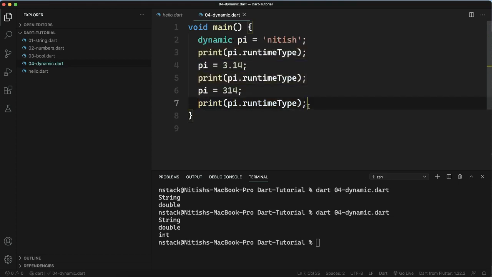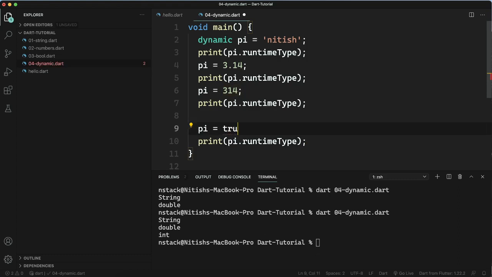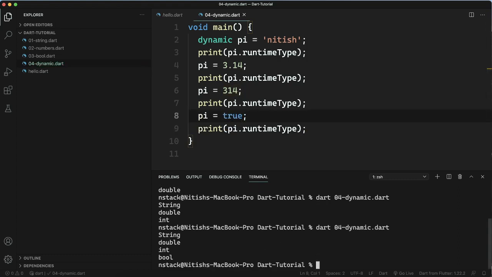And let's try the last thing, which is for the bool. So if I store true in it, let's see what will be the data type. Now it is bool. So I hope you got the idea of how dynamic works. And there is a reason I am teaching dynamic at this point, because in the next lesson the dynamic is going to be useful for you. If you do not understand the dynamic, then in the next lesson you might face some problem. Thank you.